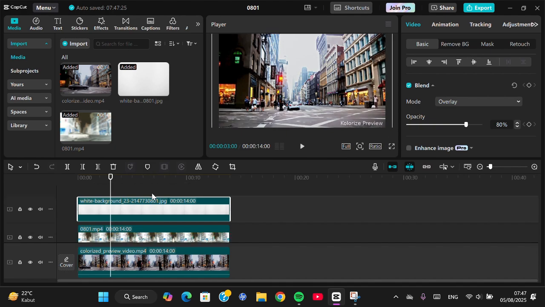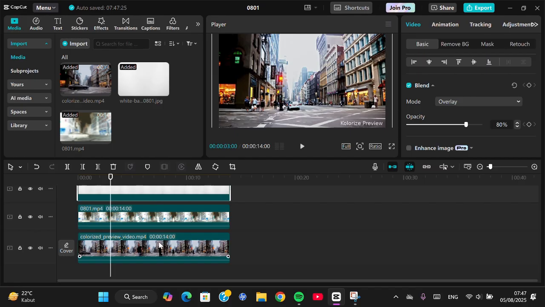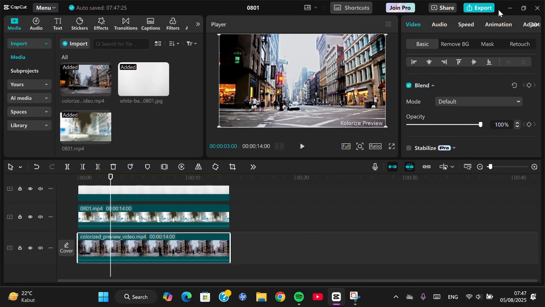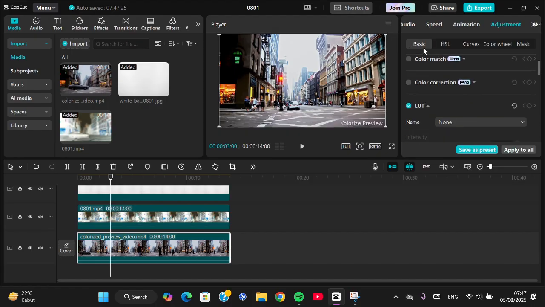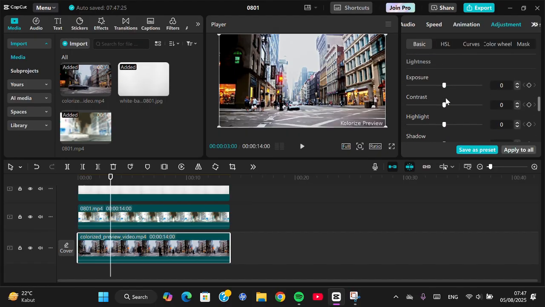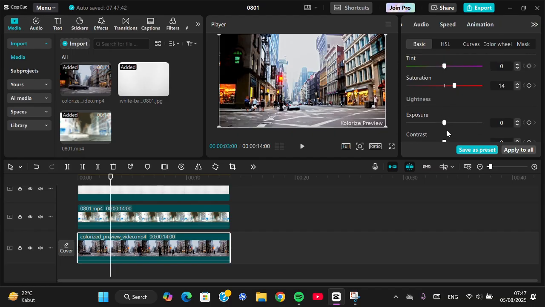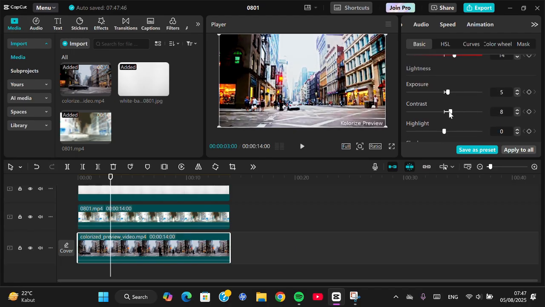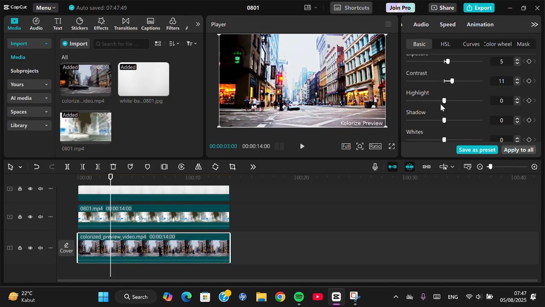Okay, and then we're going to go to the original video and go to the adjustment, and I'm going to go to the basic adjustment, and here we can adjust the saturation and then the exposure and also the contrast. You can do desired adjustment,